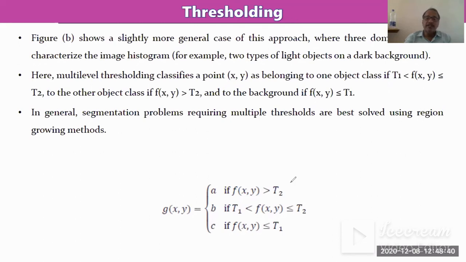If we consider binary thresholding, it means if the value is greater than T, it will be 1. If the value is less than or equal to T, it will be considered as 0. So this is our binary threshold, a single thresholding value, and this is a multiple thresholding value. By using this concept, you can divide multiple images.